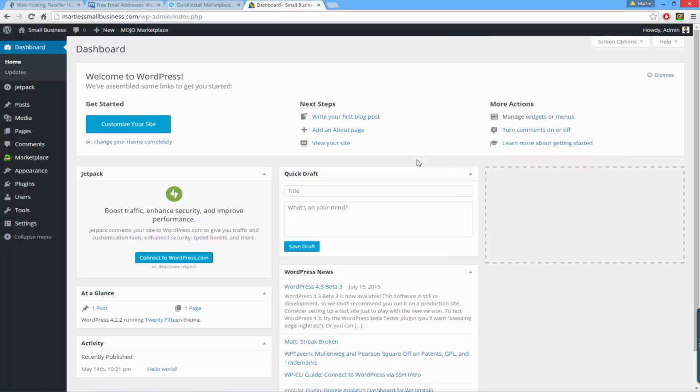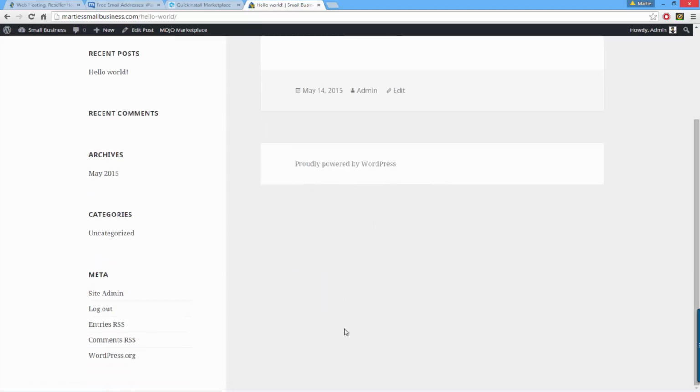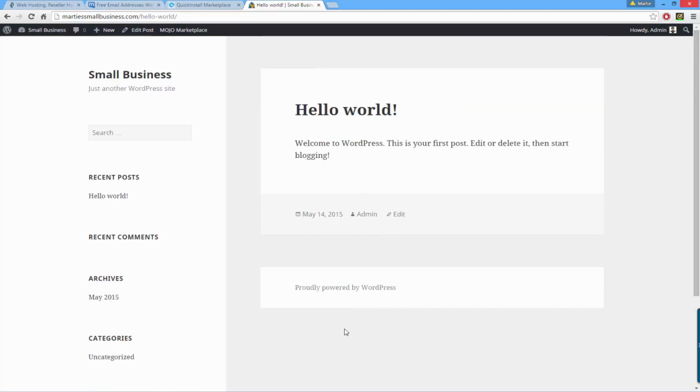at the minute by clicking our site title at the top. This is what WordPress looks like when you first install it. It comes with a sample post and a few other bits and pieces as well. This doesn't look too bad, but obviously it's not what we want, and we're wanting to change it to be like the site we saw at the start of this video. To do that, we need to change the theme, and to change the theme we need to go back to our dashboard. So just click on your site title at the top again, and that will bring you back to